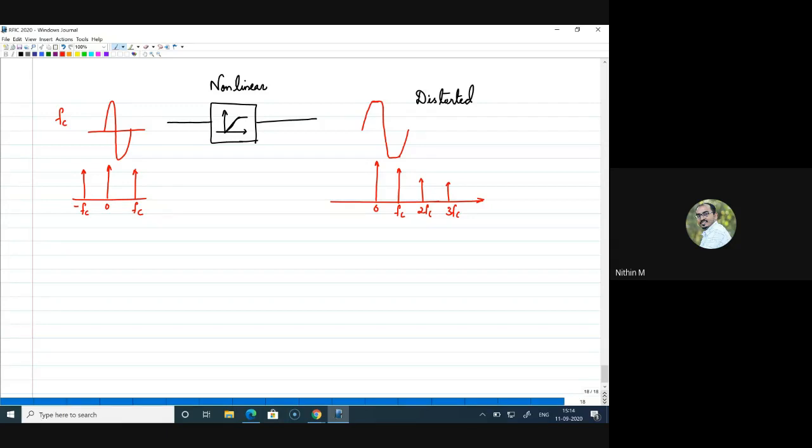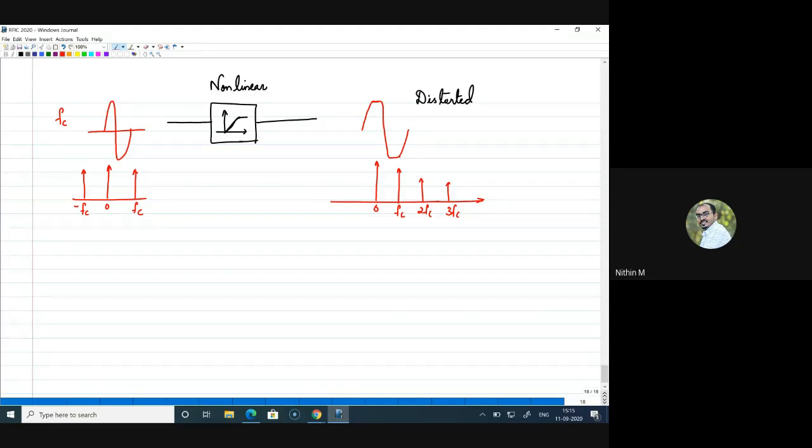Now if you are looking only at the input signal as a single frequency, you will have these many number of terms, right? We will not look at the intermodulation, that we will see a little later. Now what happened here, your input signal is a pure tone, but because of the nonlinearity of the system, your output got distorted, and that resulted in many other frequency components apart from your main signal component, right?